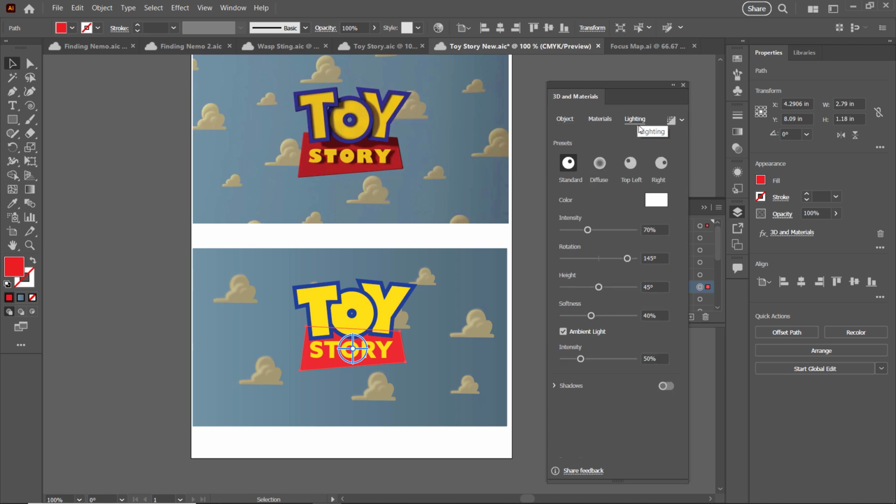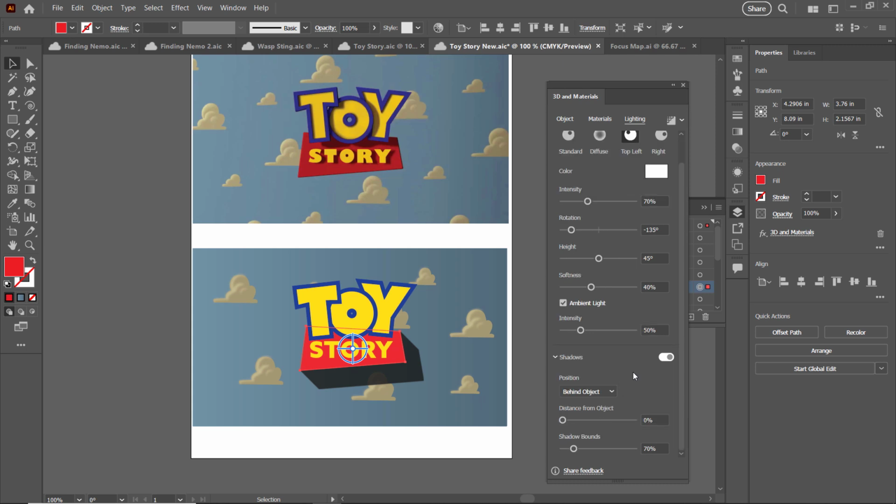So if we go over to lighting here, we should be able to turn shadows on like so. Obviously our shadow direction is all wrong, but you can mess around with these settings. Just play around with it. We want it something like this, but obviously not as intense. But obviously we want to change where it's going. So we could change the shadow bounds here. Change the distance from object,